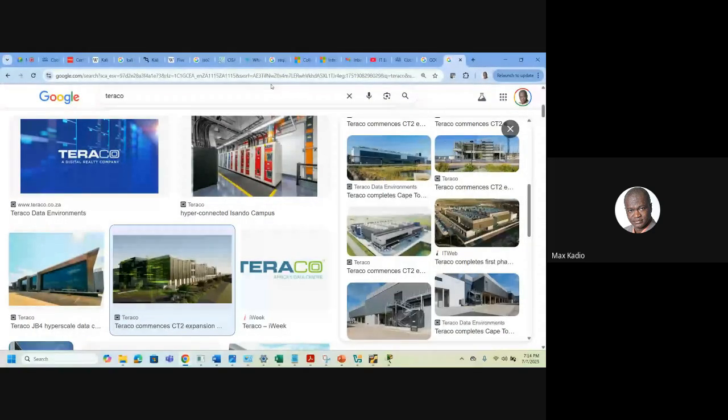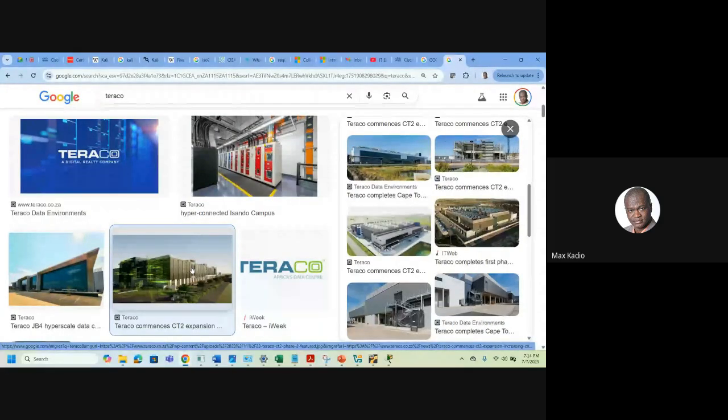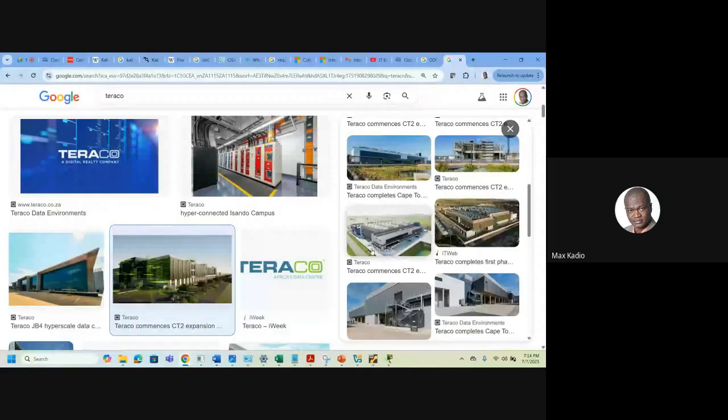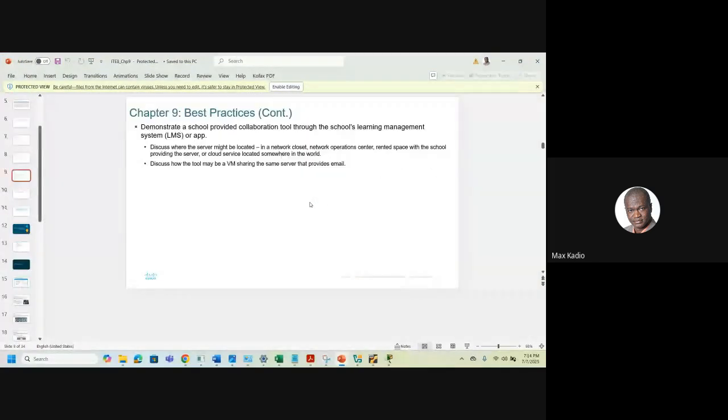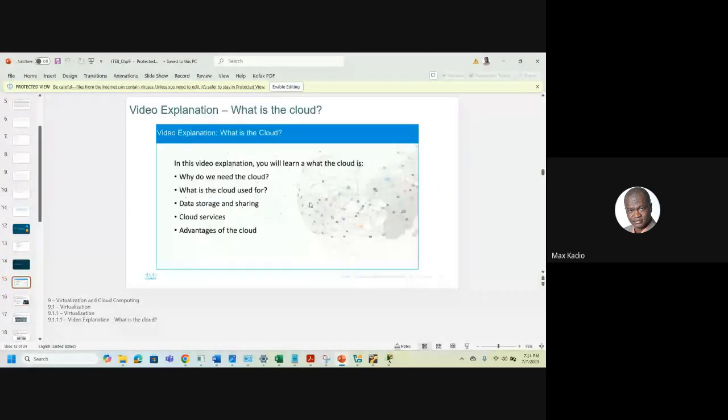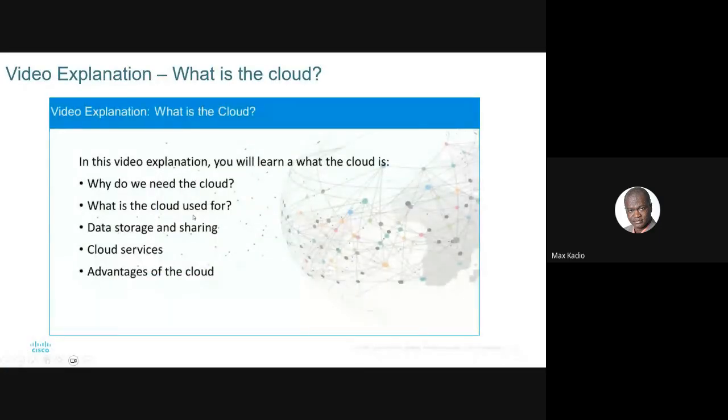Any volunteer? You put on your CV, I did study IT Essentials, or I know a bit of IT or CCNA or whatever. They say, okay, can you please explain to us what you know about cloud computing or the cloud? What are you going to say? At the beginning of your NetAcad chapter, you have a video explaining everything.